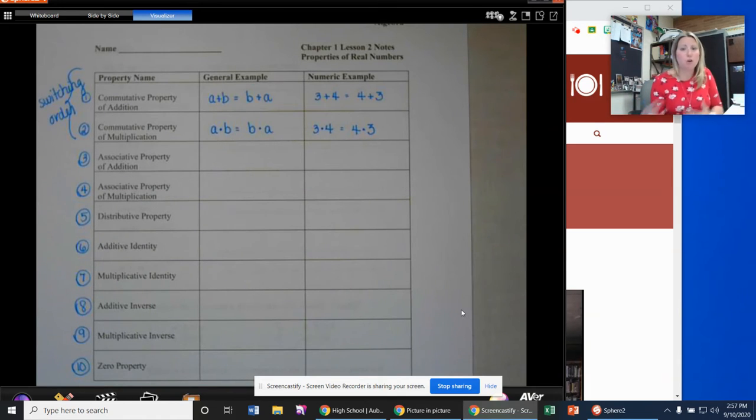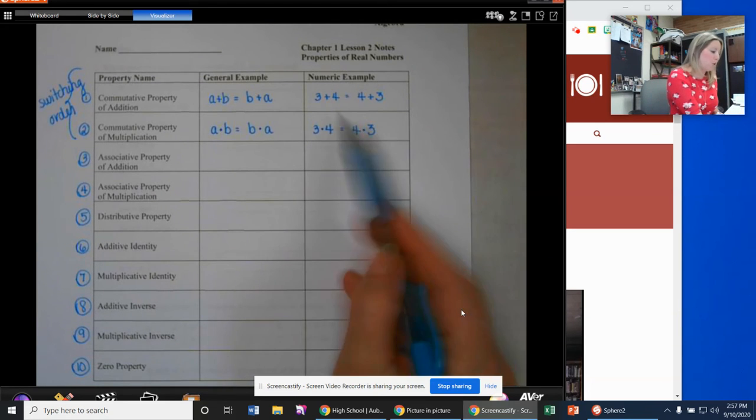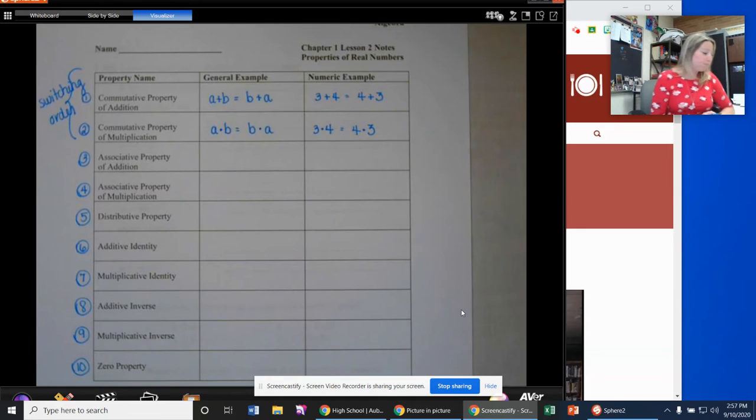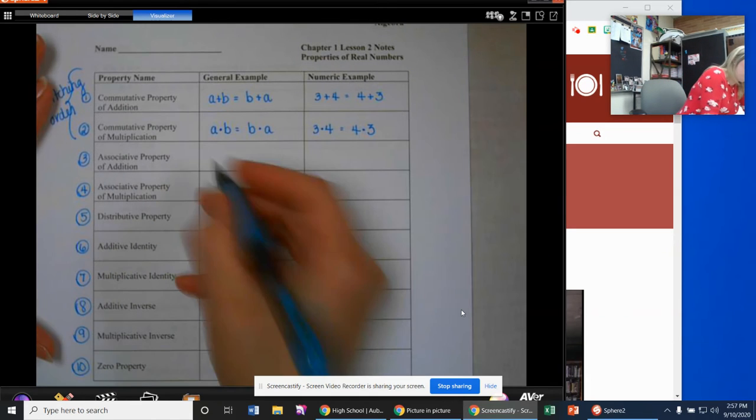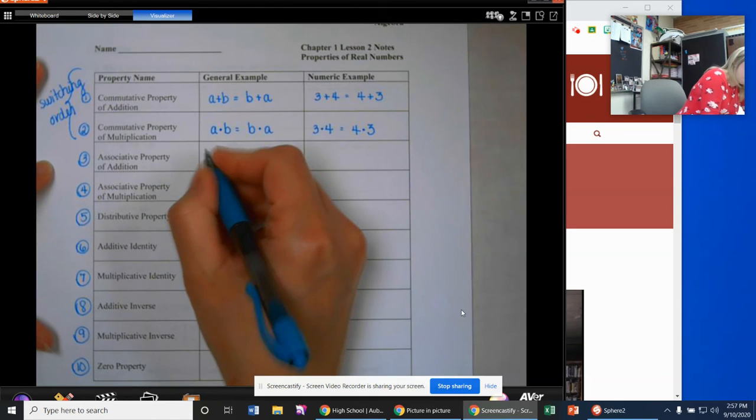You're going to get the same result, whatever the order is that you're multiplying all those together in. It's almost like a combo with the commutative property, right? But we call this the grouping property because now there are three things, three letters, involved. So the associative property of addition, the general example, is going to be,